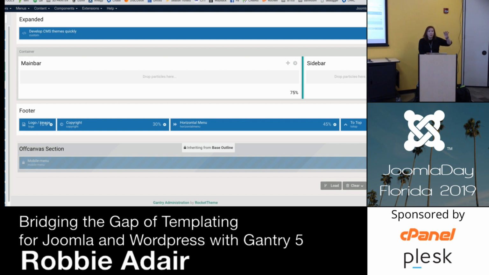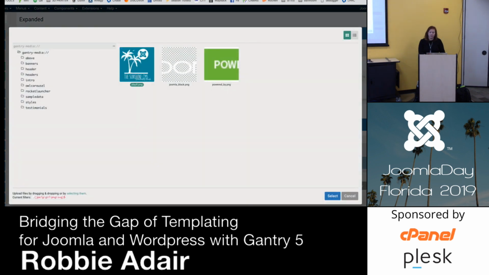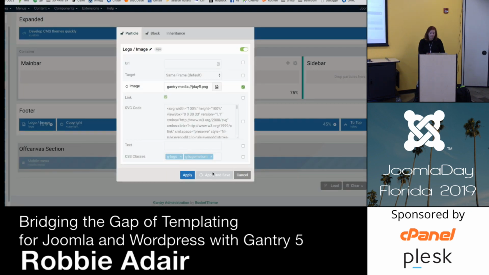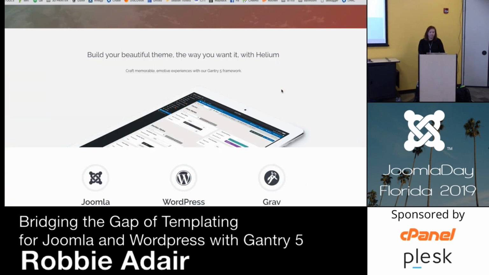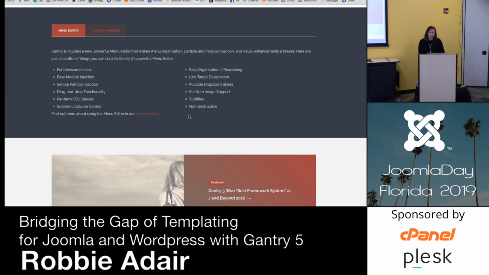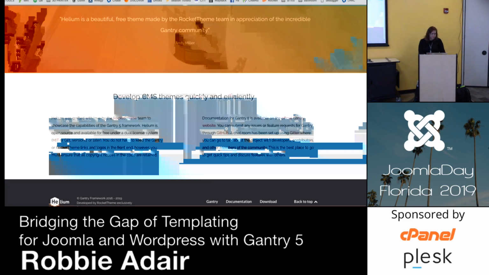So now they're individual. Right now, if I were to go back to my base outline and move the logo off a footer, on the home, the logo is still going to be here because this makes sense. And so now I can go here, and this is where I could go, well, no, we're not going to use this logo. We're going to use a different one, and we're going to put this logo down there on the home page. So I refresh that, and you'll see, go back to, there we go.